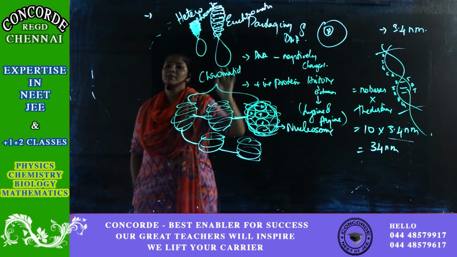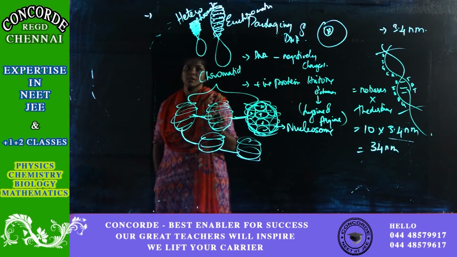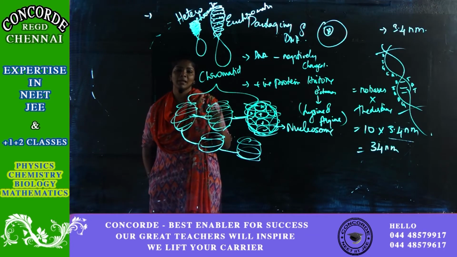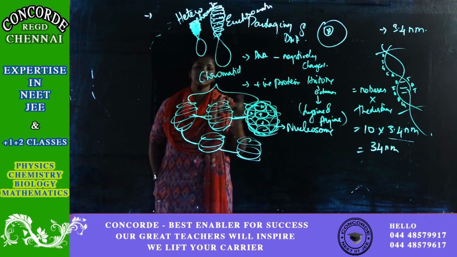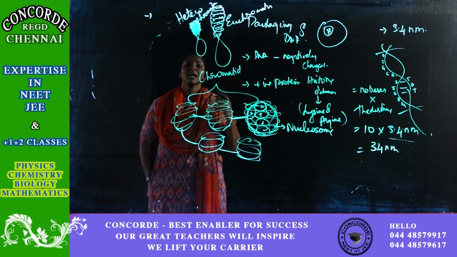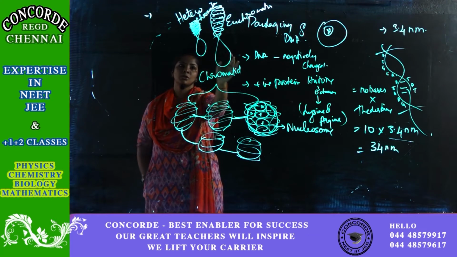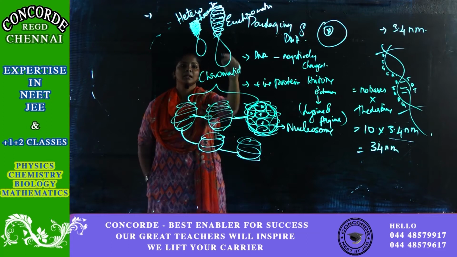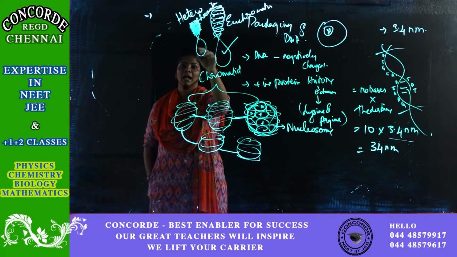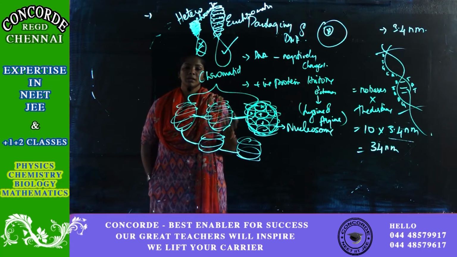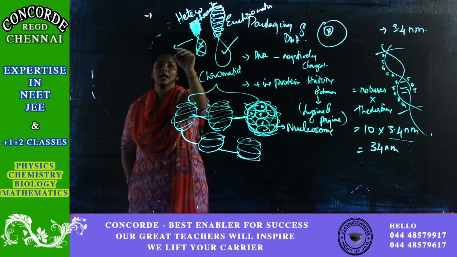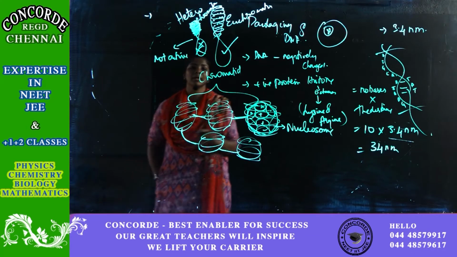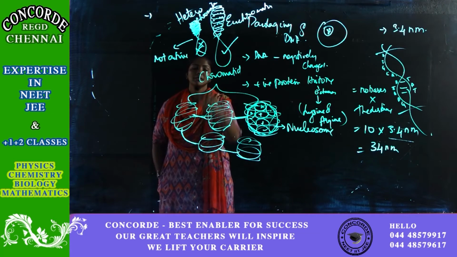So there are two types of wounding: one is loosely wound, and the other is very tightly wound. The one which is normally wound is called euchromatin, and the one which is tightly wrapped on the chromosomal arm is called heterochromatin. If you see these two chromosomes, which one do you think is active? Which one can function effectively? This one can function effectively, and this one is condensed, so it is not functional. It is not active. Yesterday we saw something called the Barr body. You remember it is condensed and heterochromatinized. A similar structure is this.